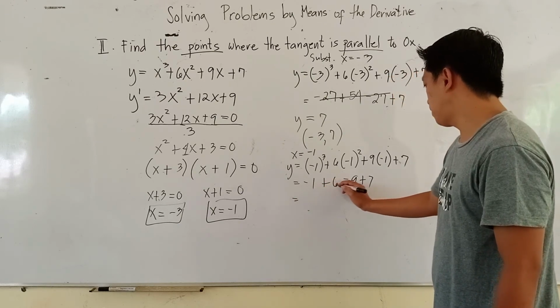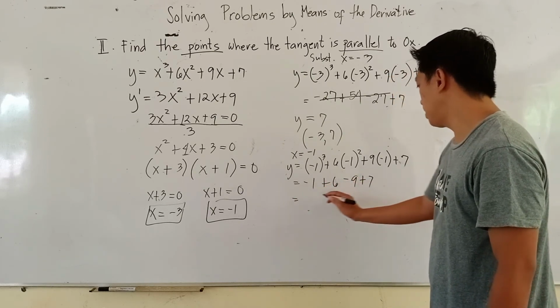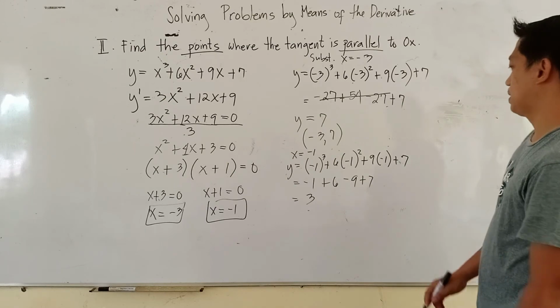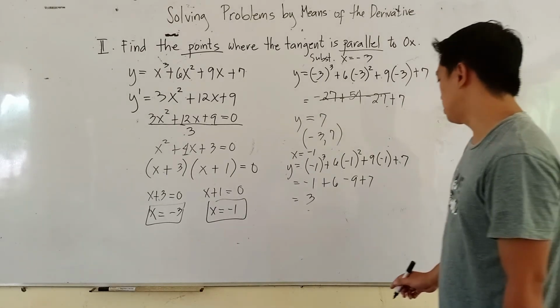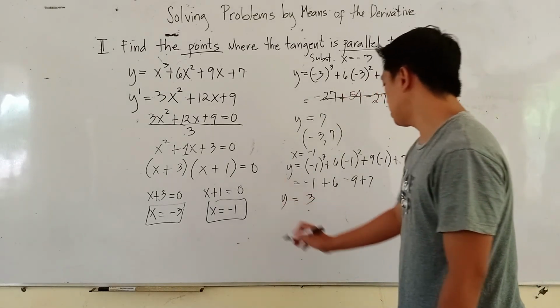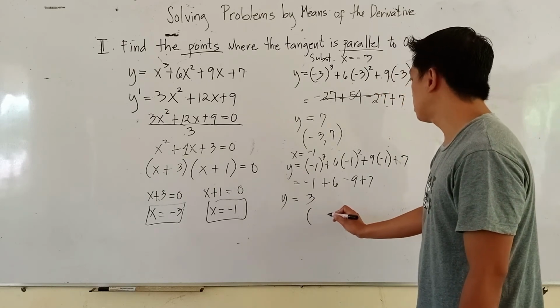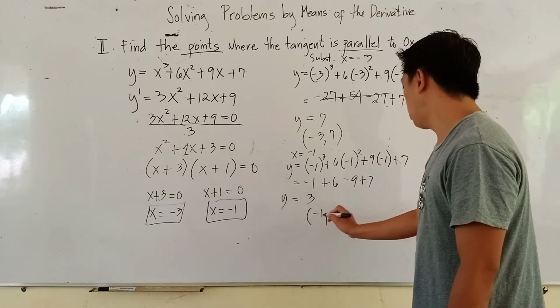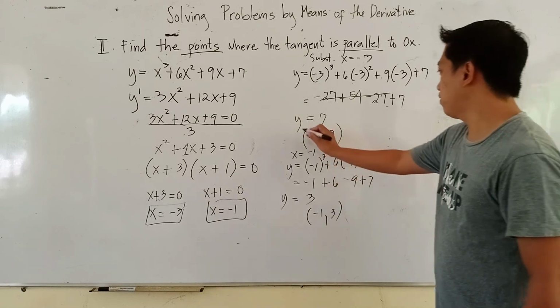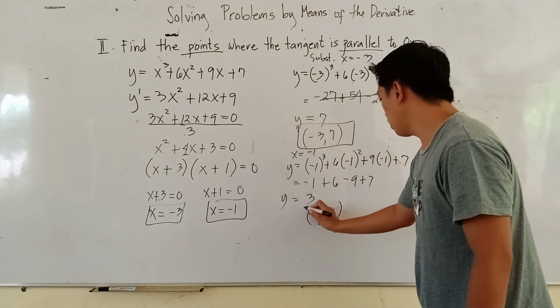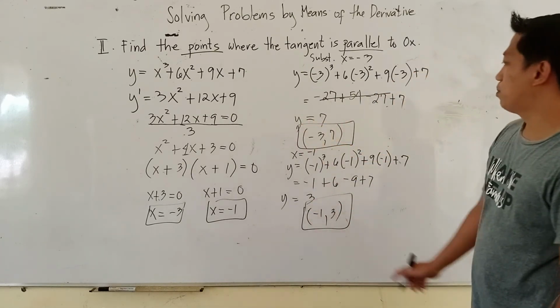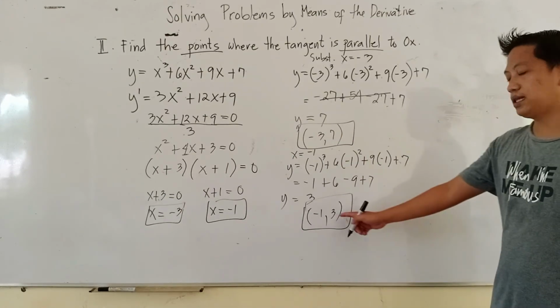Negative 1 plus 6 is 5, minus 9 is negative 4, plus 7 is 3. So your y is 3, therefore we have the point negative 1, 3. So therefore, the points we are looking for are points negative 3, 7 and negative 1,